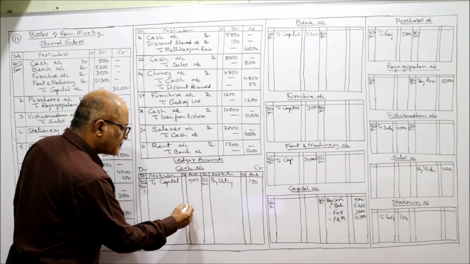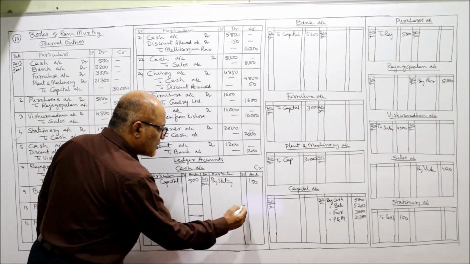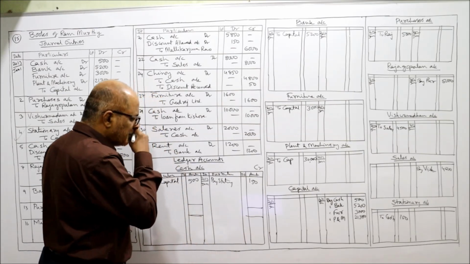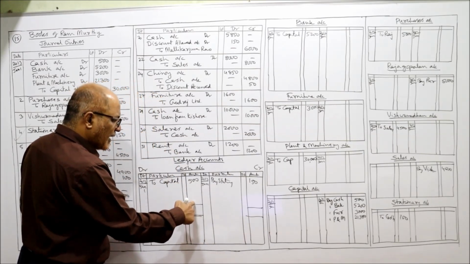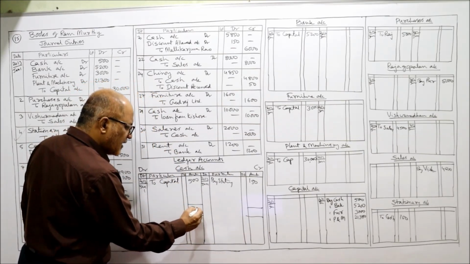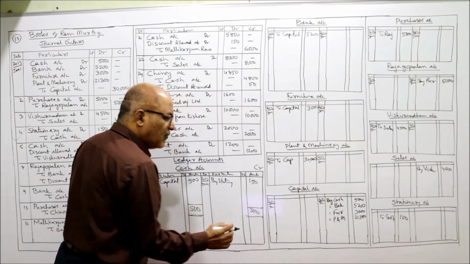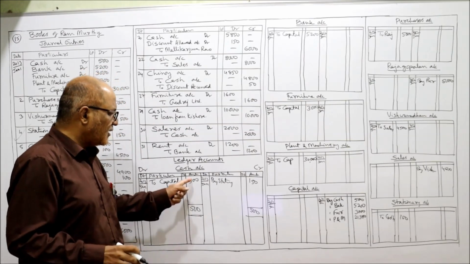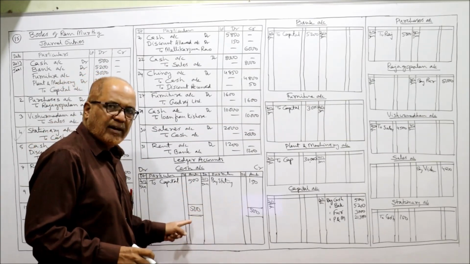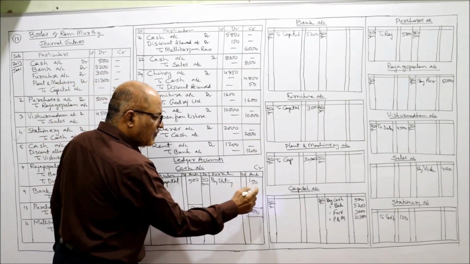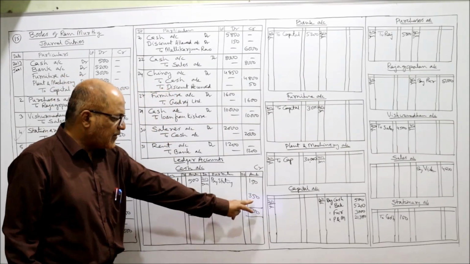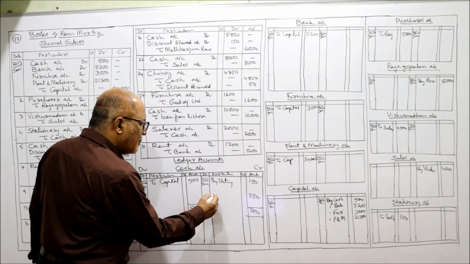I'll show it here. Now here, the cash account. In the middle you have to draw this totaling line. What is the total on the debit side? 500. So I am taking 500 here, 500 here. Whichever side the total is more, that we have to take. Here 500 is more, so I have taken 500, 500. So 500 minus 150 is 350. This is by balance